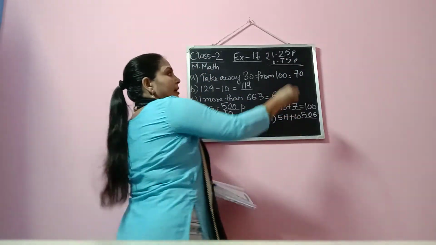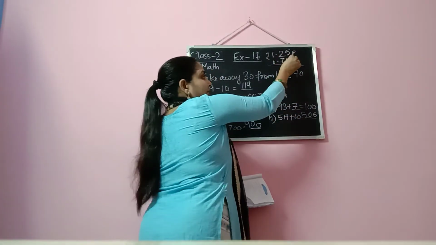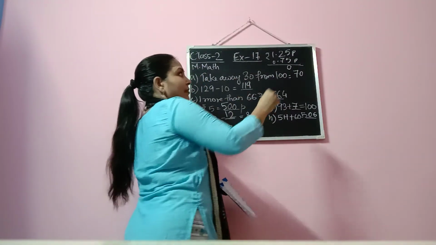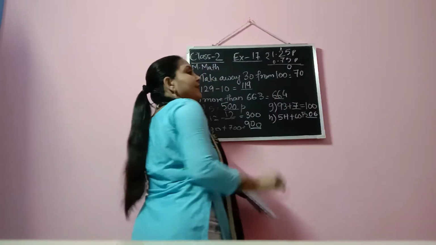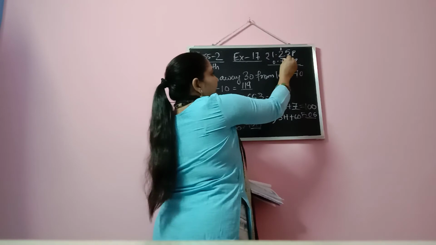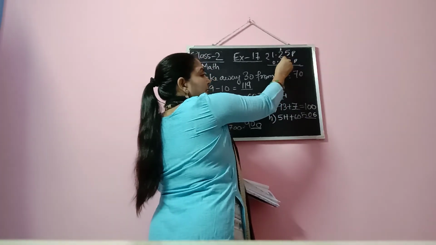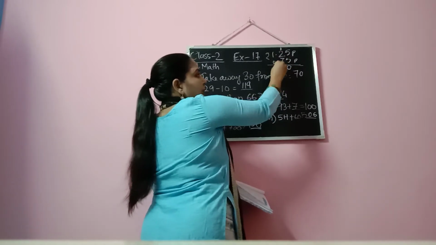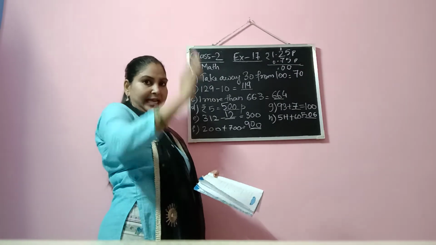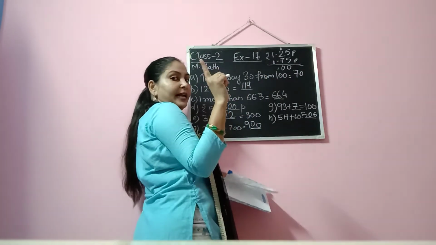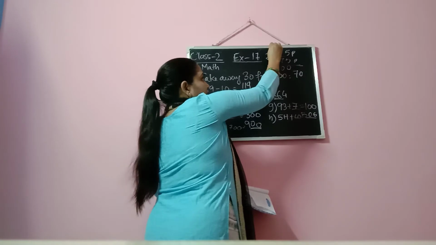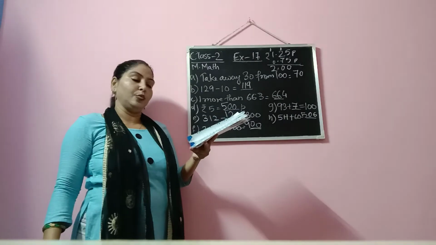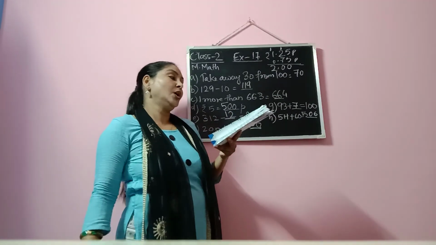Now when we add, we have learned the addition. 5 plus 5 is 10. Now 10 is a 2-digit number. So we copy down the ones place in the ones place and the carryover will be carried to the tens place. So here we are getting 7 plus 2 is 9 plus 1 is 10. Again we are getting 10. And this dot we will put in the same place. Now we have one more carryover here, so this will come here. 1 plus 1 is what? 2. So the answer is rupees 2. For I, the answer is rupees 2.